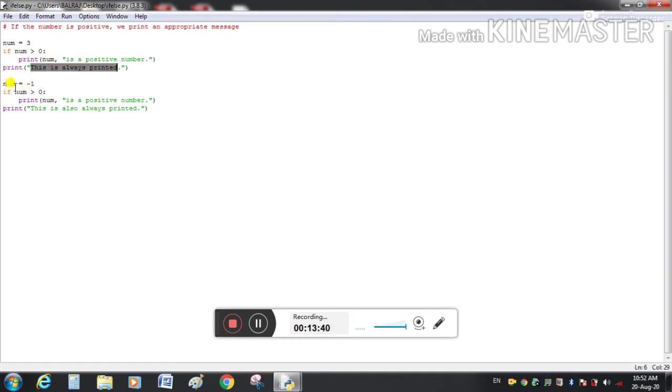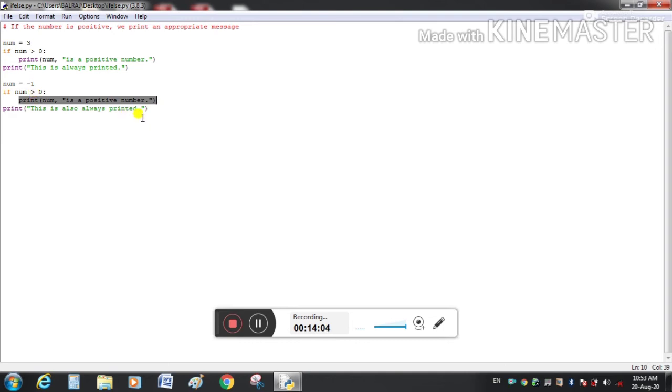And now we have initialized the number num with new value -1, and num greater than 0, no, -1 is not greater than 0. It means this condition is false. This statement will not execute because it comes under the block of if.